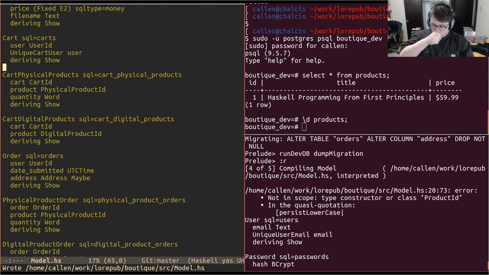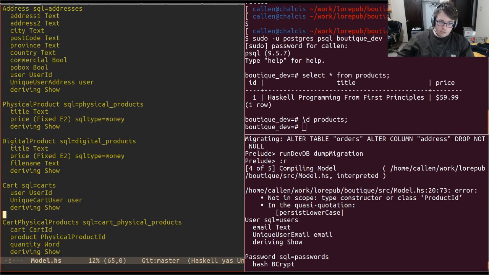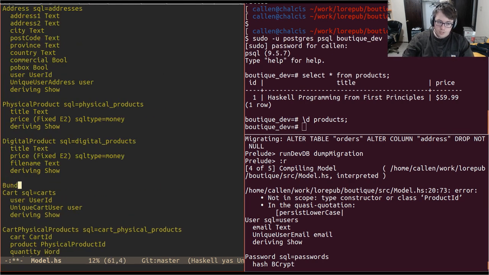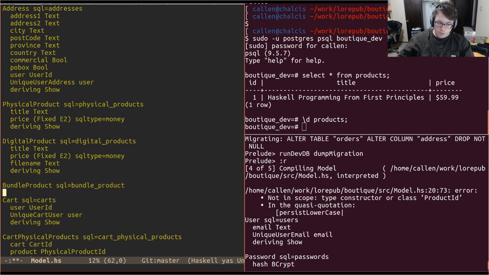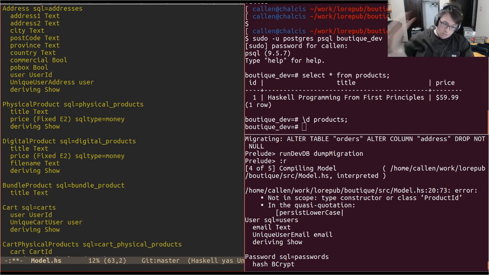So, one way to handle it would be to have a concept of a bundle product, and that's not going to have a quantity either, because it might include digital or physical product. And then you would associate any number of physical